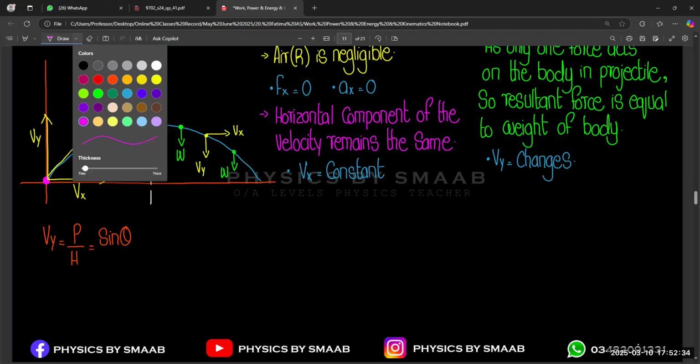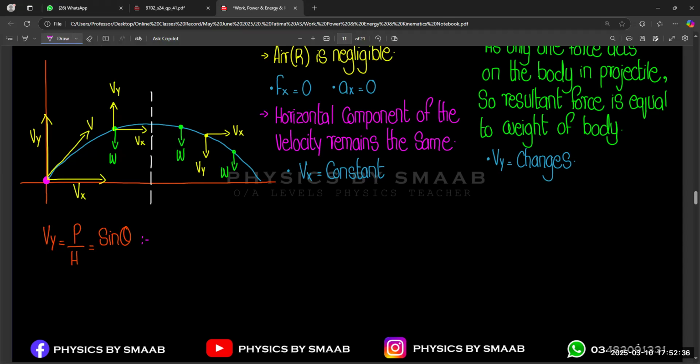So with the help of sine theta, the perpendicular is Vy, hypotenuse is the resultant velocity direction which is moving. So finally, Vy is equal to